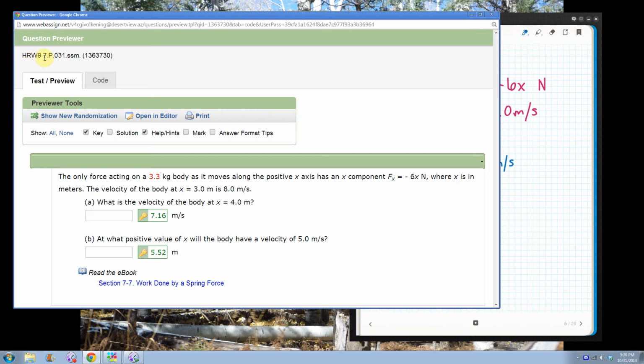This is HRW97P031, sorry. So the only force acting on a 3.3 kilogram body as it moves along the positive x-axis has